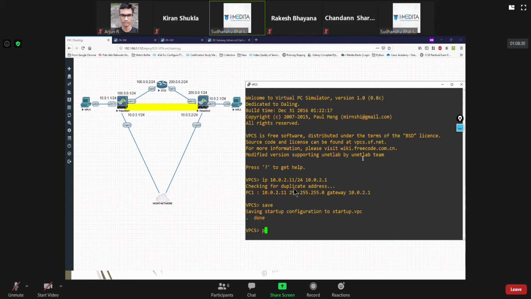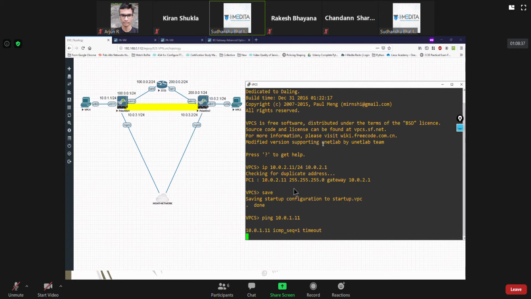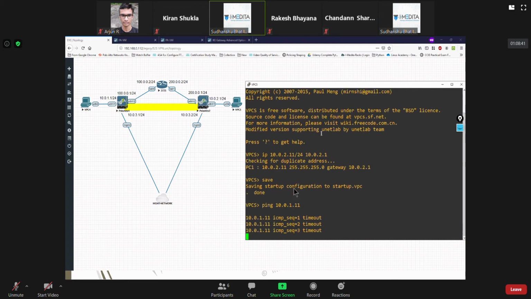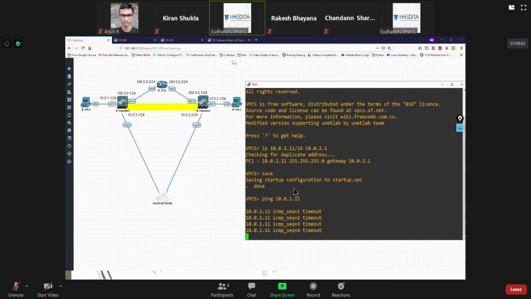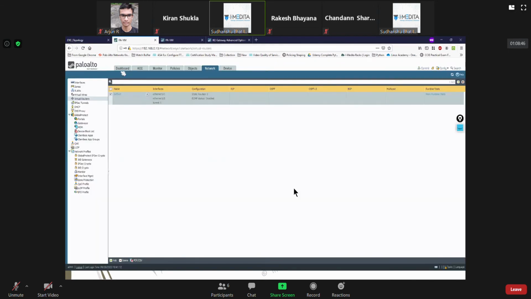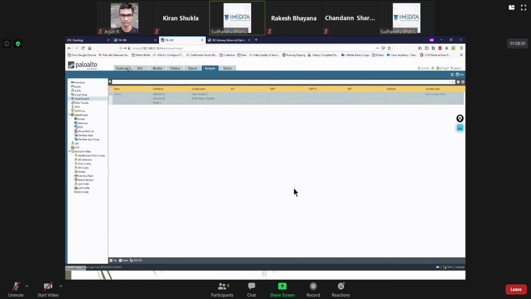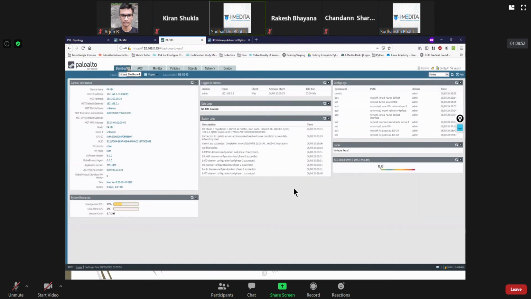So see, if I try to ping 10.0.1.11, it should work out if all of the VPN configuration is okay. And you can see it in the system logs here that IKE phase 1 negotiation is started as an initiator, main mode initiator.